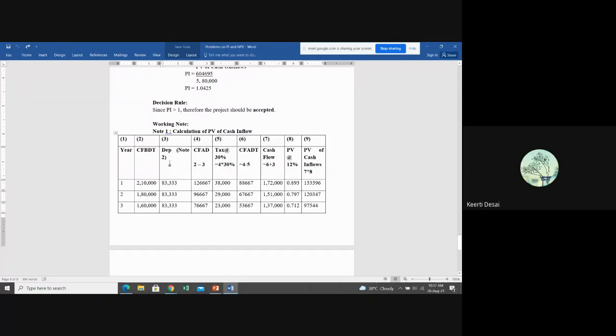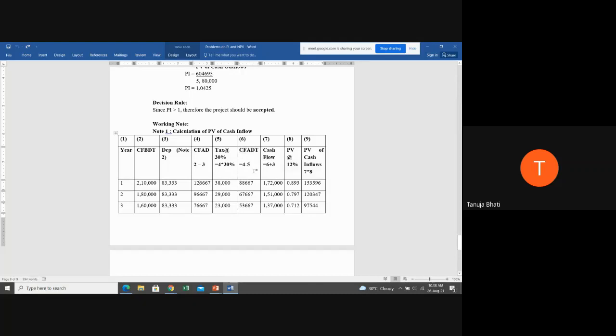Because it is a non-cash item, ma'am. No, this is not the right answer. To reduce the tax liability. Okay, very good. So this is cash flow before depreciation and tax. Obviously tax has to be deducted, and the government is telling you that you first have to deduct depreciation to calculate the tax. So first you calculated depreciation, you subtracted both, you got this value. On this value you have to calculate tax and not on the other value. So that is the reason, which is correctly told by you. Next, we deducted tax, we got cash flow after depreciation and tax.